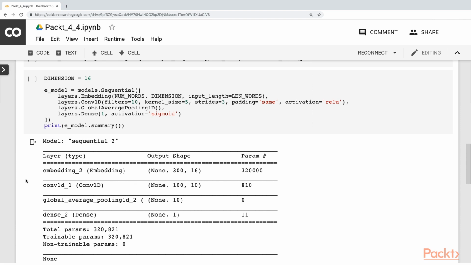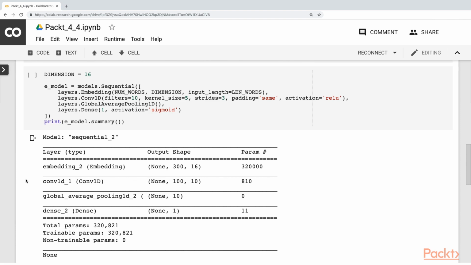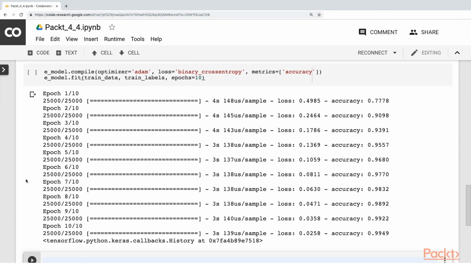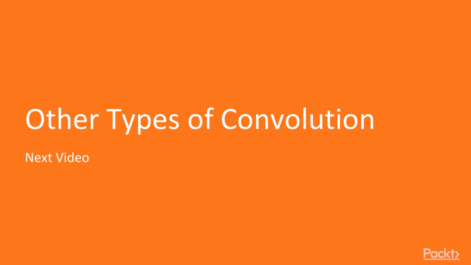Let's see how well this model performs after training. After training for 10 epochs, we get an accuracy of 99.5%. And our loss goes down from 49% in the first epoch to 2.5% in the final epoch. Feel free to play around with the parameters and see what you get. Next video, we'll look at another type of convolution,